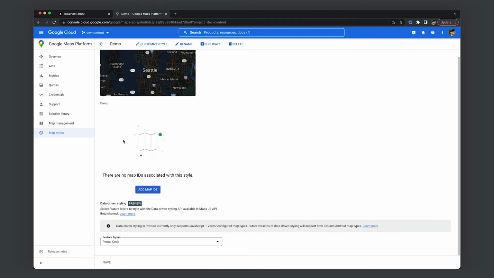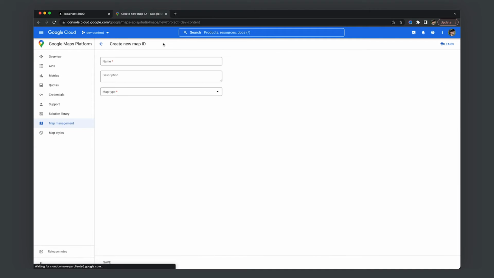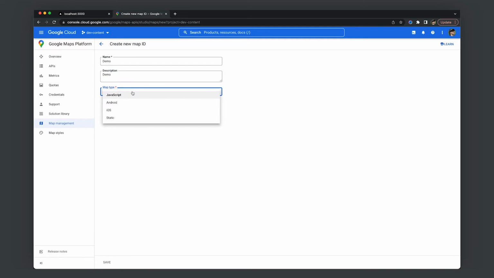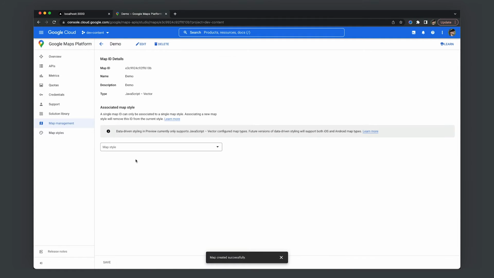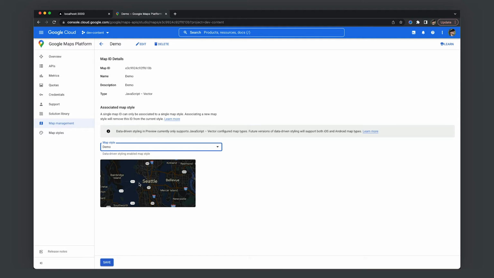And the next thing you need is a map ID to apply this style to. So if you click over to Map Management, you can create a map. We'll give it the same name, so demo, and we want a JavaScript map. And you'll need to set this to vector for it to work correctly. So once you set up the map ID, you can apply the demo styling that we set up to this map ID. So you would save that, and then you would be able to use this map ID in your